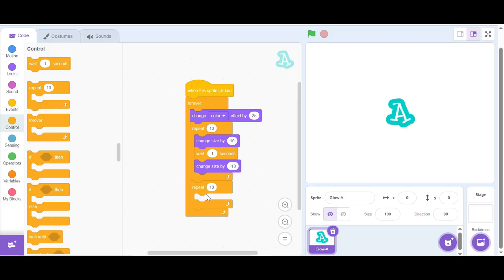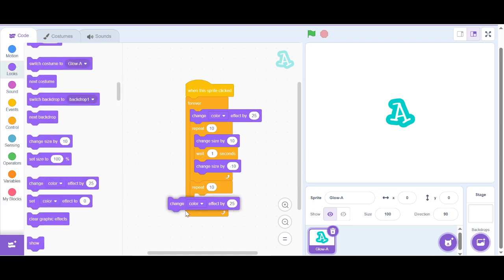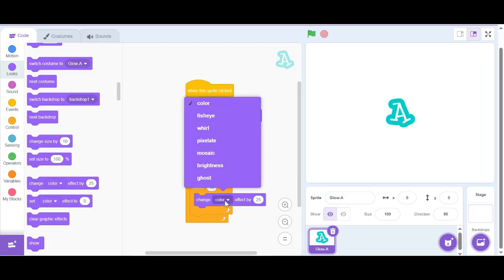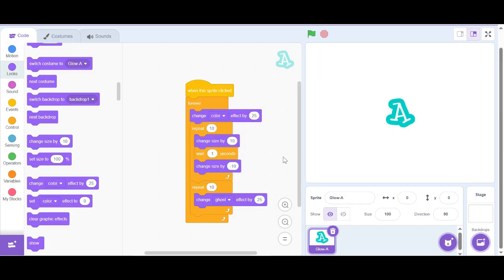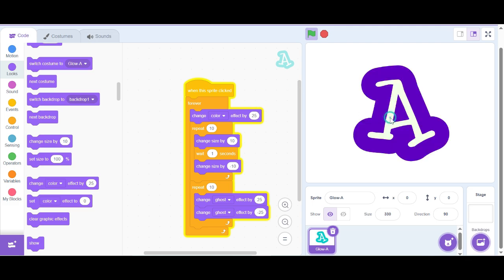And now in here, I will go to looks. Take this change color effect by 25 and click on this arrow. And now click on ghost. And duplicate this, paste here. Wait. And now negative 25. Now let's see it. Oh, look, yeah,